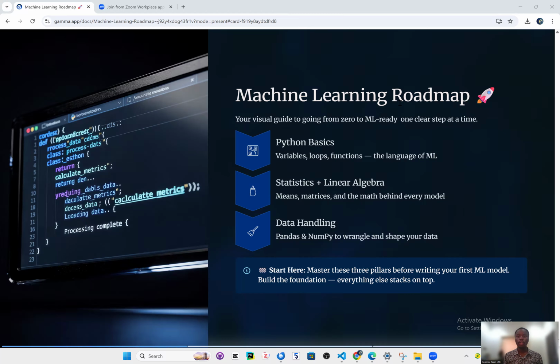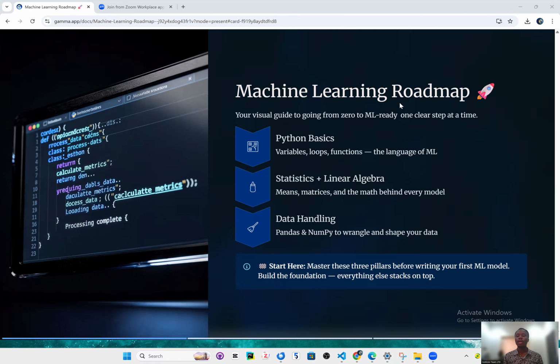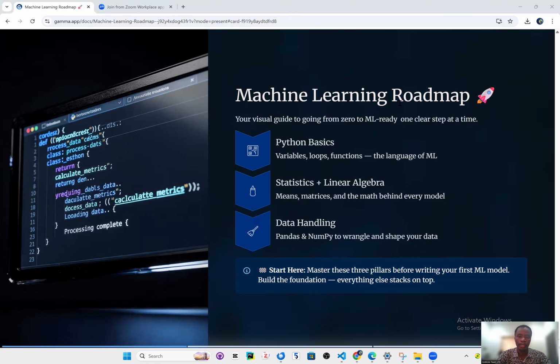So the first thing is you need to get very good with Python basics. You need to understand variables, loops, and functions. This is quite very important for any beginner out there.